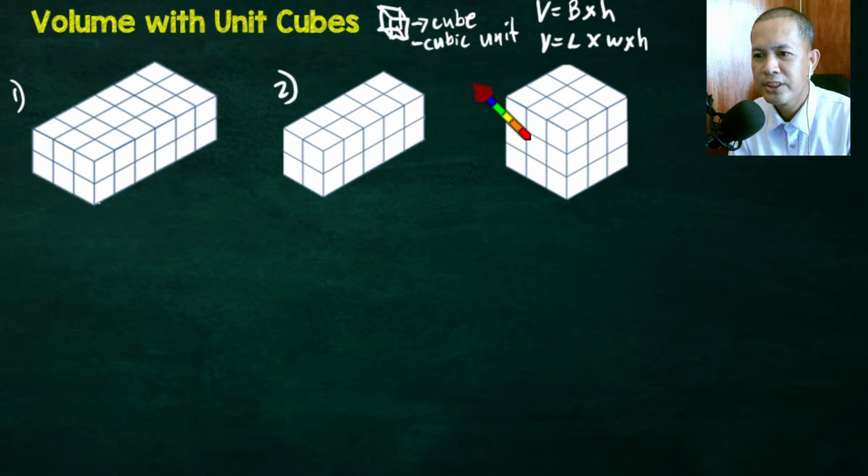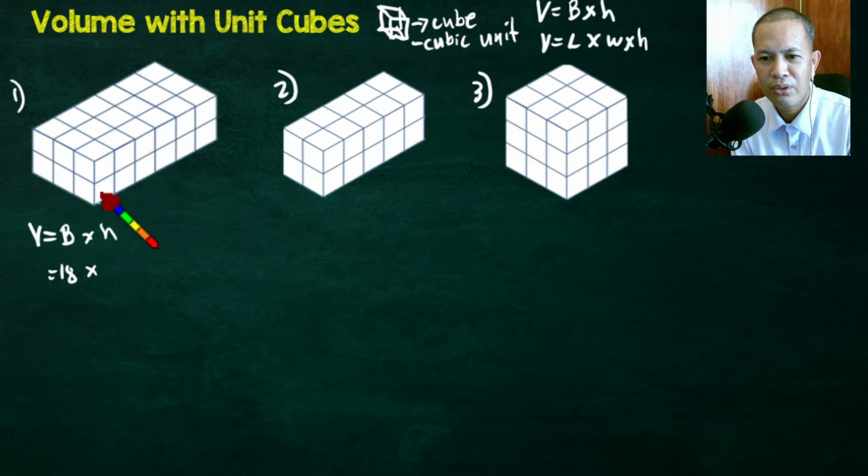Okay? Simulan natin sa example number 1. So, gamitin muna natin ang formulang V is equal to base times the height. So, ang base natin dyan yung ibabaw. So, bilangin natin 1, 2, 3, up to 18. So, ang ating base dito is 18 times ang ating height na 1, 2. So, 2 times 18, the answer is